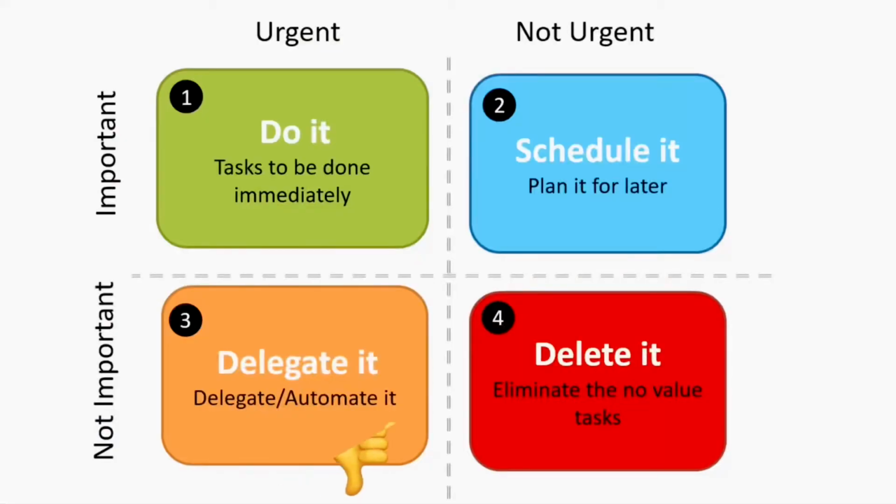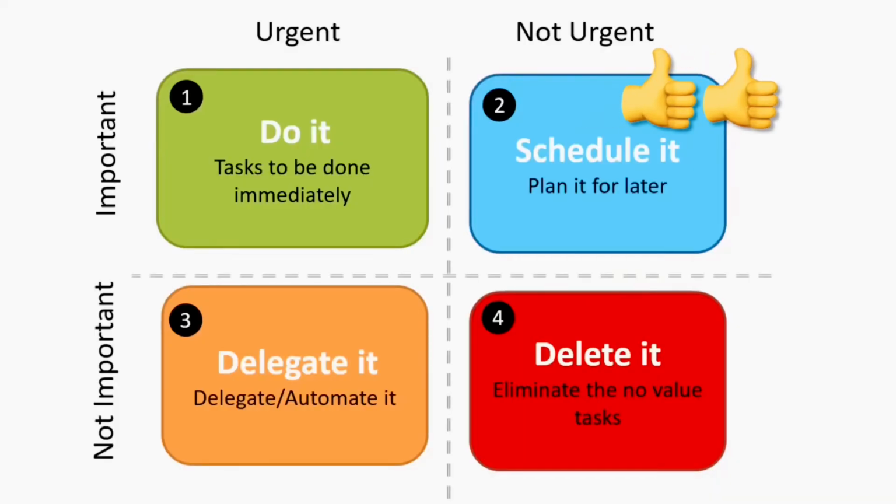The reason that we are always busy and not making progress is because we spend most of the time either in number 3 or number 1. So if your combination is 3 and 1, this is not going to help you. But if you are positioning your activities in quadrant number 2 and you're spending most of the time in quadrant number 2, this is when it actually helps you. If you concentrate on 1, the issue is that this is driven by someone else. Most of the time, quadrant number 1 is driven by someone else, and that is adding stress to you. So if you shift from 1 to 2 and allocate most of your time there, this is when it actually enables you to develop as a better person.